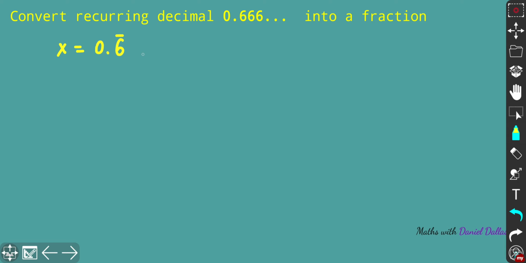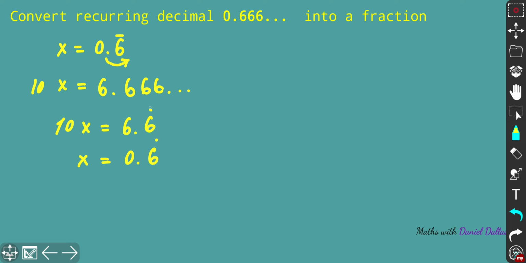Now what we need to do is make the whole part, simply by multiplying both sides by 10. On the right side, if you multiply by 10, you simply shift your decimal point one digit ahead. So you've got 6 whole and 666 recurrent. Another way to say that: 10x is going to be 6 and 6 recurrent, and x itself is going to be